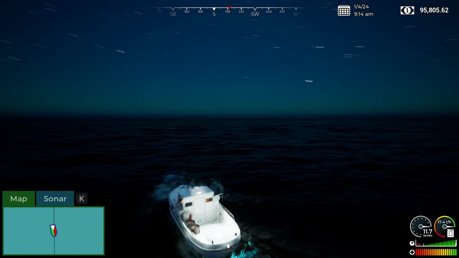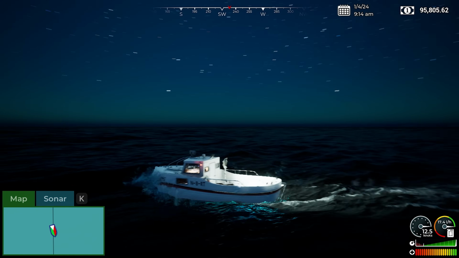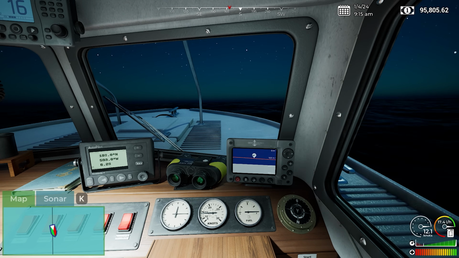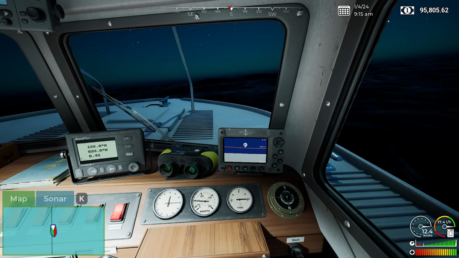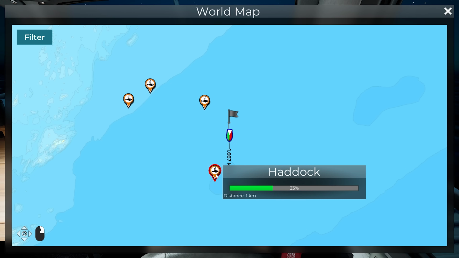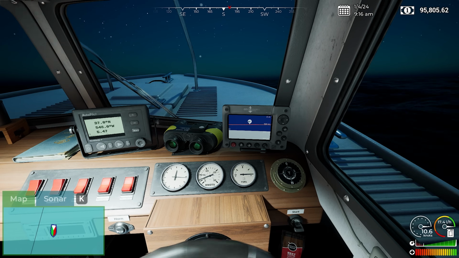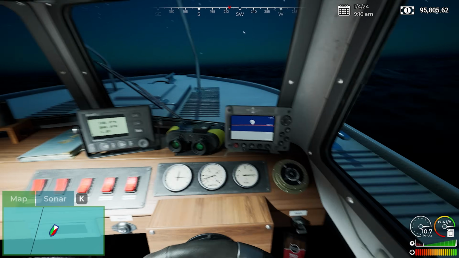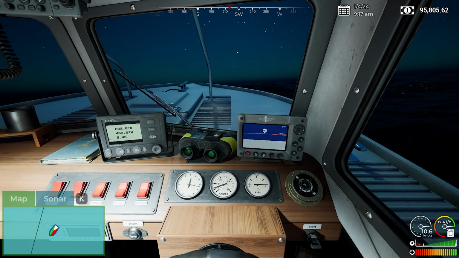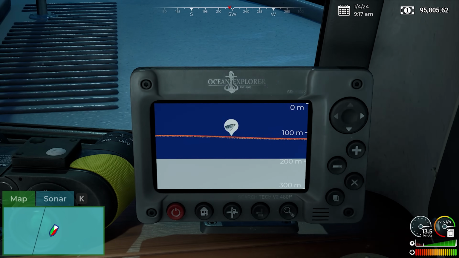The waves have picked up quite a bit. It's quite rough out here for this little boat. Obviously, it probably will get rougher later on, but we'll just continue to follow our map south. Try and head over towards where the haddock is. So let's move this node over this way and try and head a little bit southwest. Try and head to where we think the haddock actually is instead of the Pollack, because it's still Pollack there